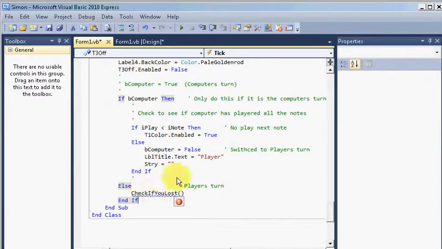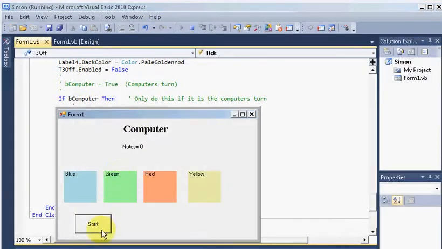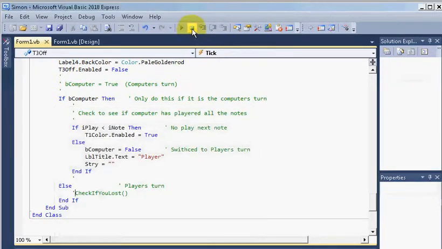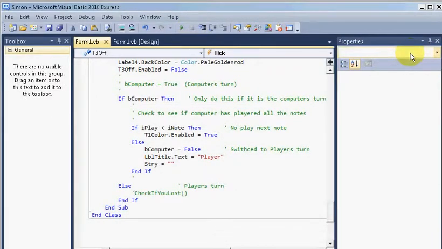So we need to add a new subroutine. I'm just going to comment it out now. I'm going to run it. I'm going to start. It plays a note, and then the color goes off. So let's remove that comment and